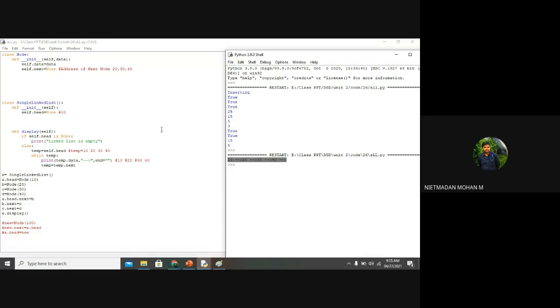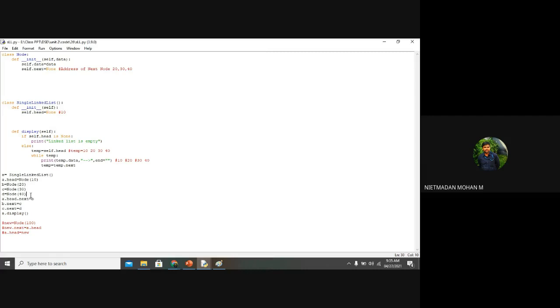So as of now, this is the basic creation of a single linked list by using this data and next, head and the next keywords. If I am going to add one more node, what will be the process? If I want to add one more node in the linked list, what will be the process? Is this clear, or do I need to explain it again?